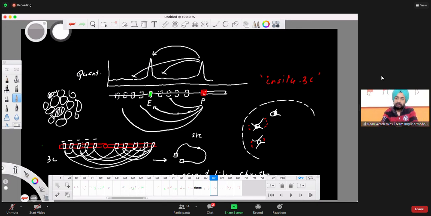For example, if you use a 4 cutter, which means the restriction enzyme is recognizing a DNA motif which is 4 base pair long, like GATC only, then the resolution would be very high. But if you take a 6 cutter enzyme, where the restriction enzyme is recognizing